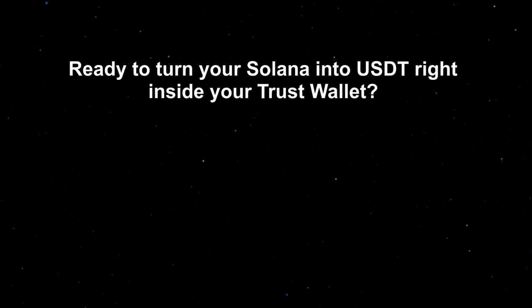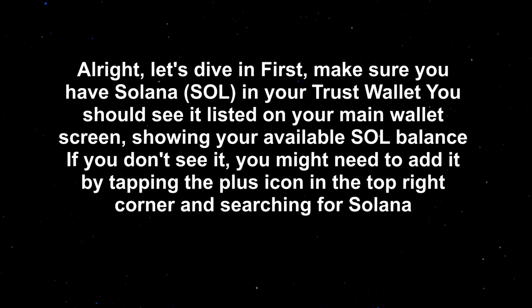Ready to turn your Solana into USDT right inside your Trust Wallet? Alright, let's dive in. First, make sure you have Solana (SOL) in your Trust Wallet. You should see it listed on your main wallet screen, showing your available SOL balance. If you don't see it, you might need to edit by tapping the plus icon in the top right corner